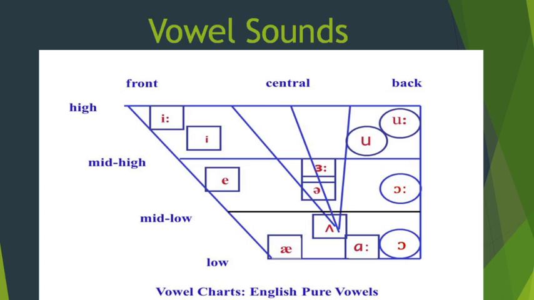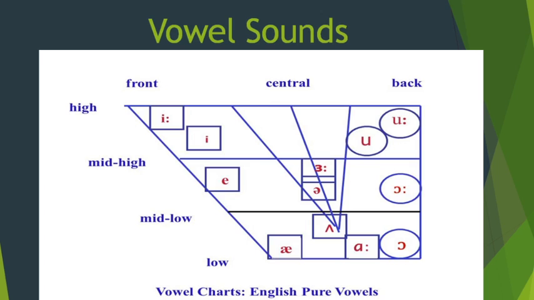And then one more important thing is also there. If you observe this chart, against the vowel symbol, for some vowels there are two dots, a colon after the symbol. This indicates it is a long vowel. So there are some long vowels and some short vowels. If the colon symbol is not there, it is a short vowel. If the colon symbol is there, it is a long vowel. Long means it will be produced for some prolonged time.